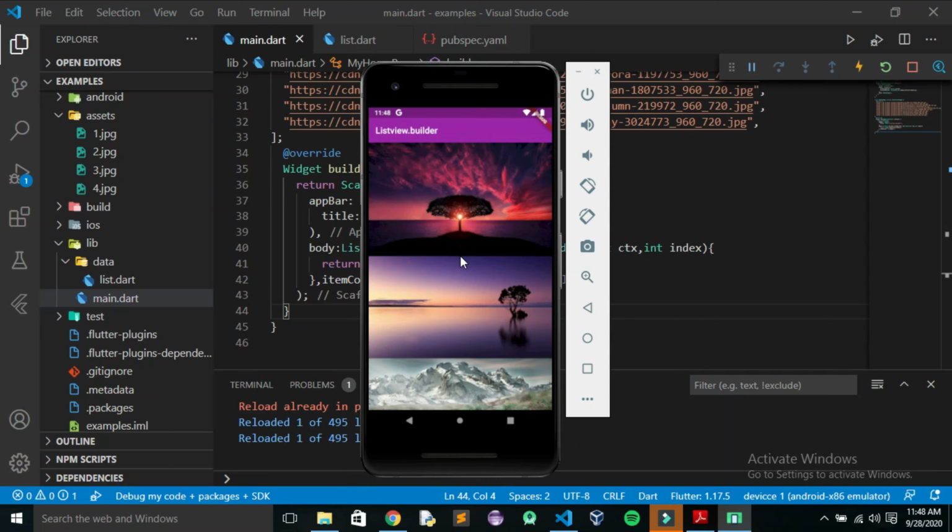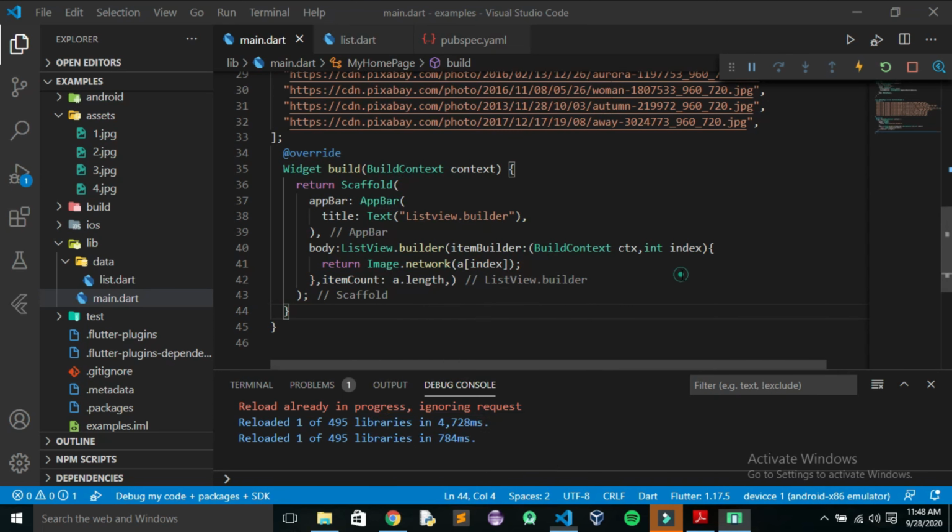So what I will do is I'll add an icon, provide border and elevation to it. In order to add a heart icon, for each image we need a heart icon. So for that I'm going to wrap this image and an icon in a column widget.